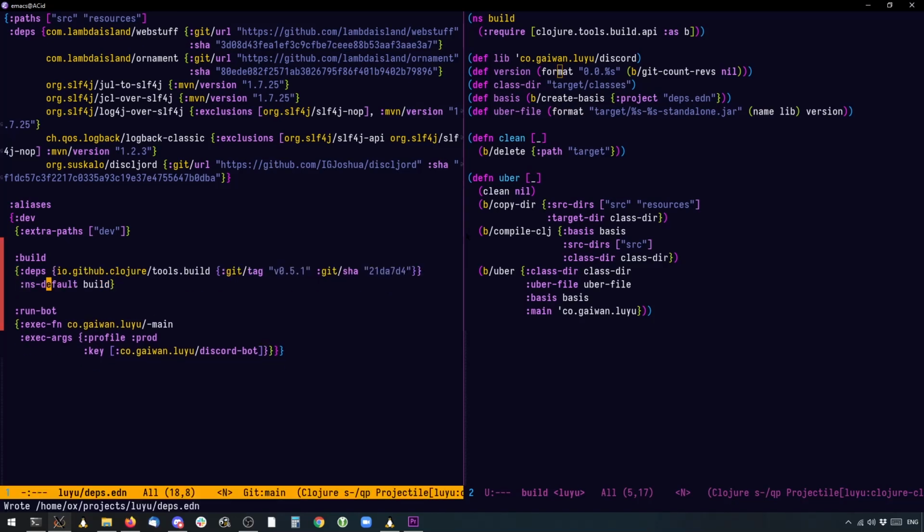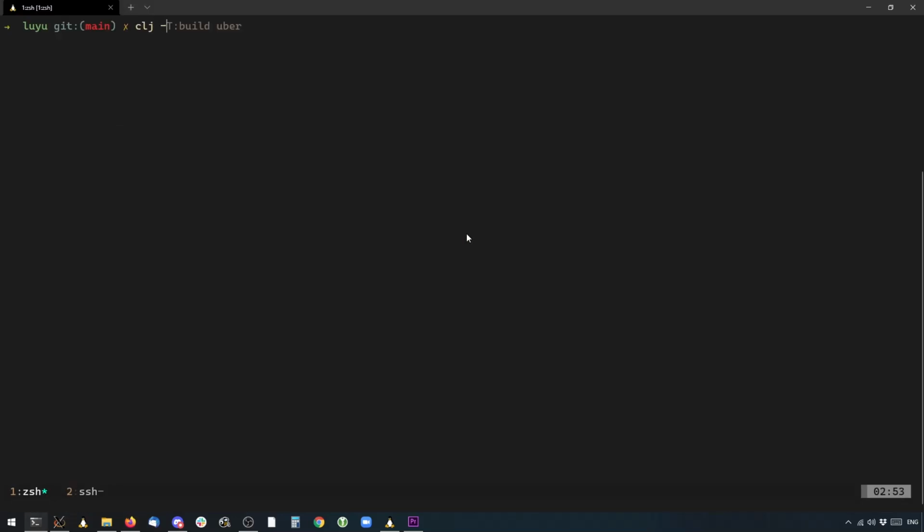Got it. So now that we have this, let's open up our terminal again. Let's do clj -T:build uber. This will take a few seconds, but it will create a jar file for us. A jar is basically a Java archive file, something very similar to a zip file, and it's going to create an executable jar file for us. So we will be able to execute it directly via the Java command. For the Java command, we need a JRE on our system. We don't even need the SDK, the JDK. Okay, so let's check out the target folder, and as you can see, there's the jar file which was created, a standalone jar file.